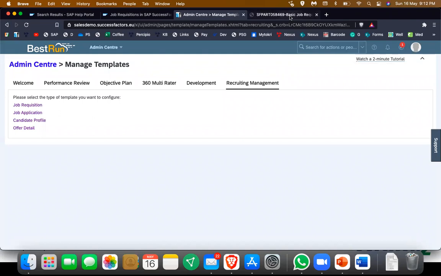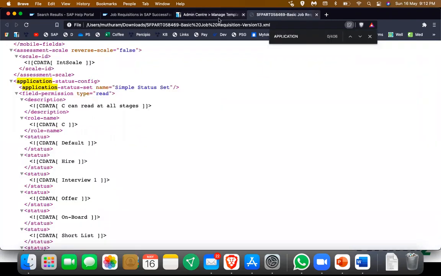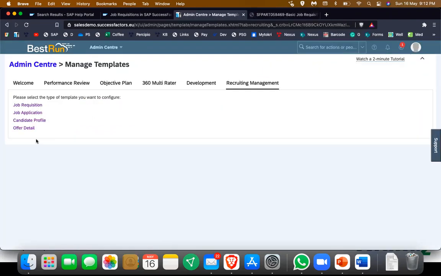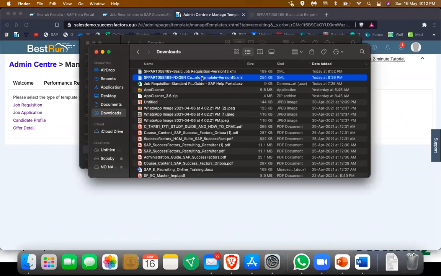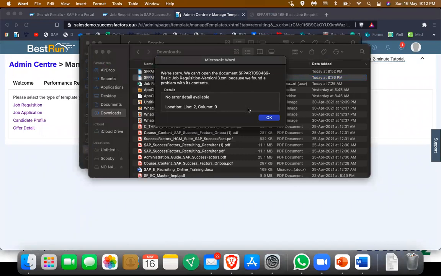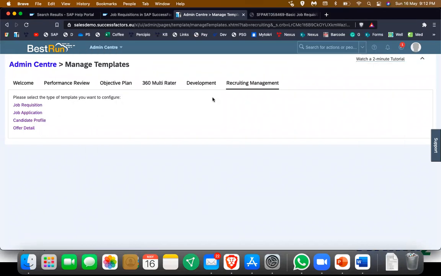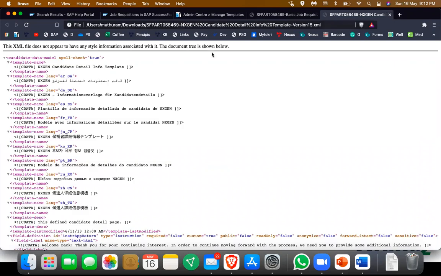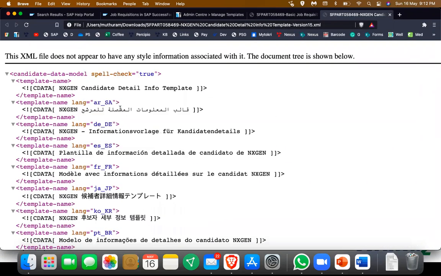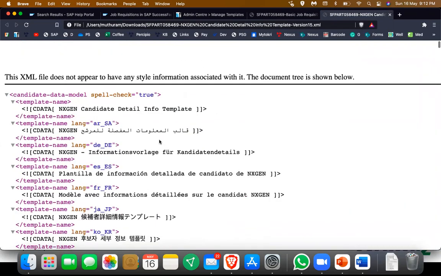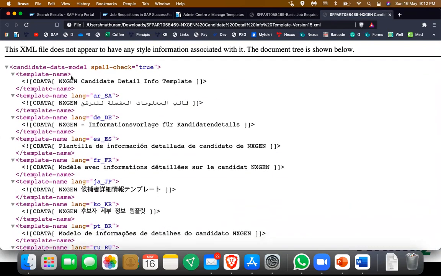Okay, I have the job requisition downloaded and I have it open, and at the same time I have the job application, so I'm just going to open that as well. I'm just going to open it in the browser, and it's recommended to use Notepad++ so that the look and feel is better and it's easy to read whatever settings are available. So this is how an application XML looks like. It's going to have